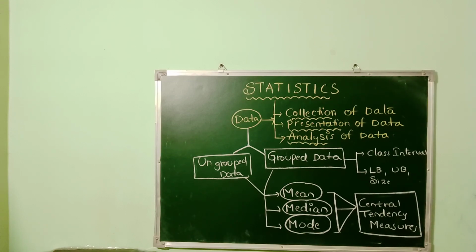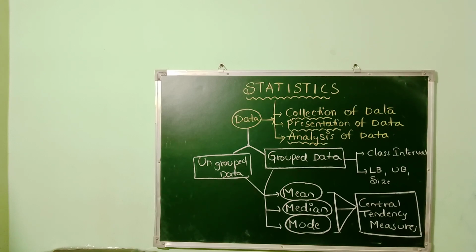Whatever the information may be, if the information is gathered or collected by a user or an observer, that information is said to be data. So first of all, we need to know the meaning of the word data. Data is nothing but any information which can be collected, or any information which can be gathered by an observer. Simply you can say, information collected or information gathered is nothing but data.